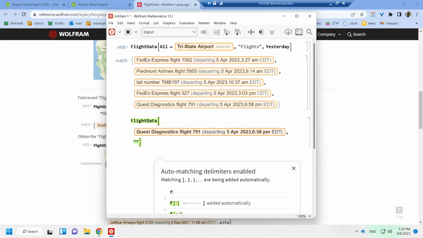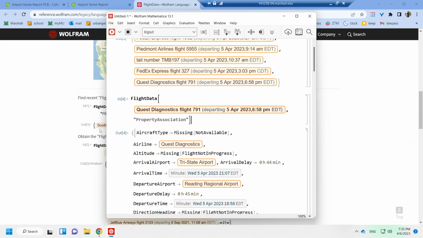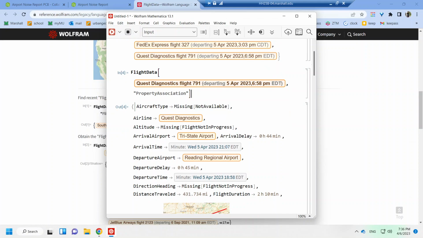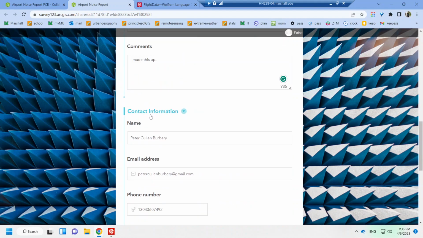Flight data, property association. So there's FedEx Express flight 1562 departing 5 April. It says arrival airport, Tri-State Airport, arrival delay, arrival time, Wednesday 5th. Okay, so let me go over here. I can say when this thing arrived, it made some noise. So I can do